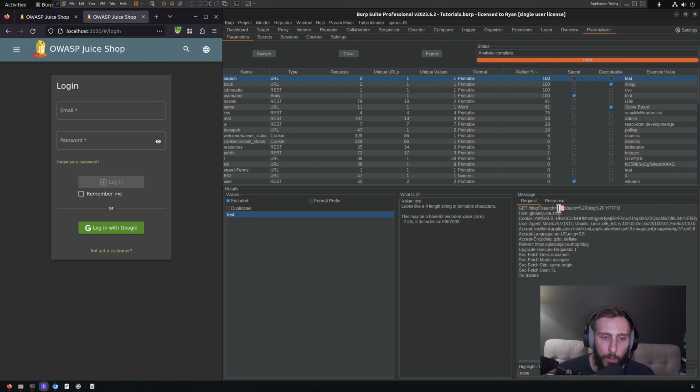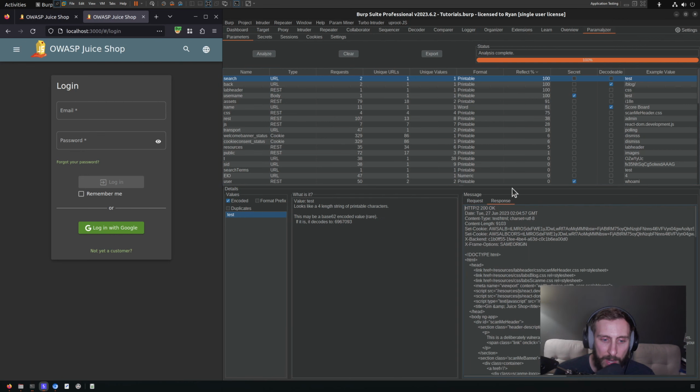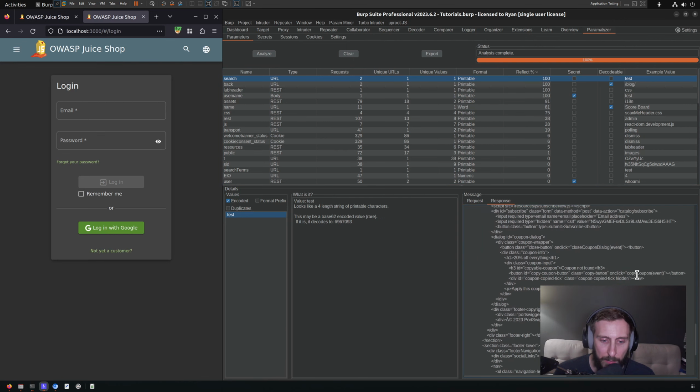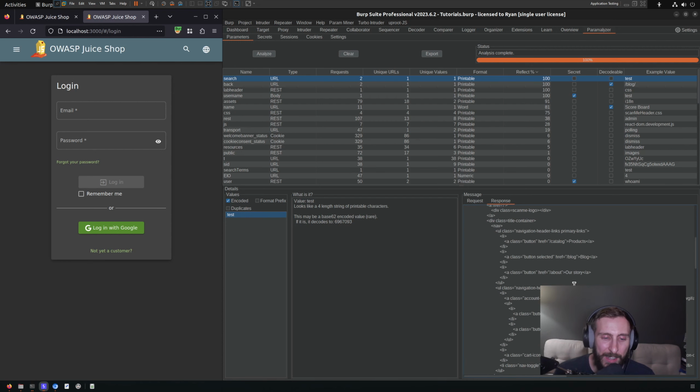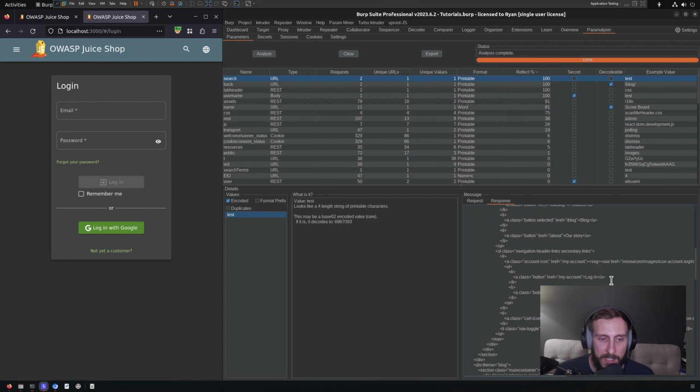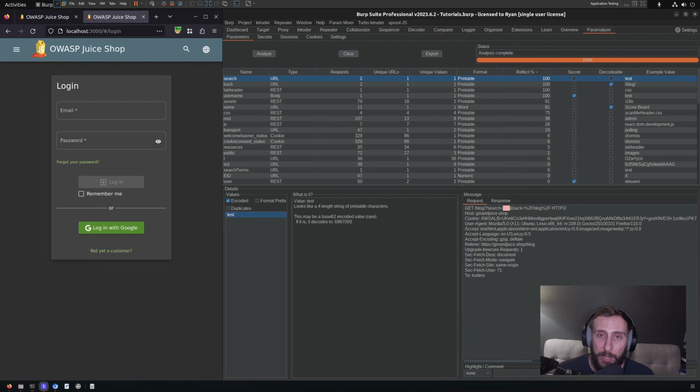And there we can see where it's identified that value in the request. And if I look in the response, well, I thought it might highlight it in the response. It did not. But that's okay, because you could use this as a starting point to send this request to Repeater and see how it is returned in the response